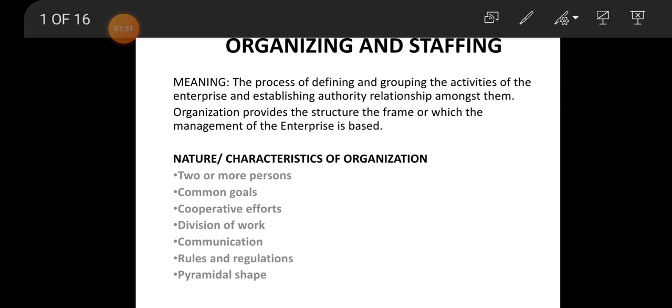This pyramidal shape is required because if something happens in a class, first you have to tell me, means you have to give the message to me. Then I will give the message to HOD sir. If it is not possible to solve the problem by me or by HOD, they will go and meet the principal sir. This is the proper hierarchy we are maintaining. Students should not go directly and speak with the principal and tell his problem, right? This is not a proper way. So all the organizations have some pyramidal shape from higher to lower and lower to higher, right?